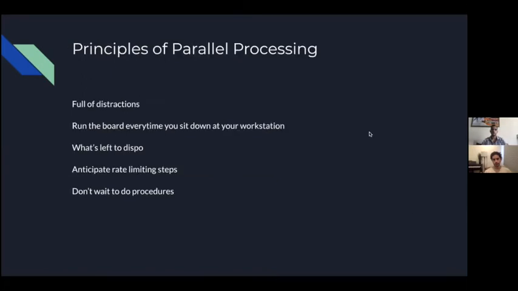So this also goes along with the principles of parallel processing. So it's tough. The emergency department is full of distractions. And so what'll happen is you'll have 15, 20, 100 things on your plate that you need to do. And then a nurse will come and ask you for another task. And it's going to feel overwhelming as you have more and more things that are just piled on you. And it's going to feel like you're unable to get any one thing done. But it's important to develop this framework, as Manny referred to earlier, that'll help you stay focused on the tasks